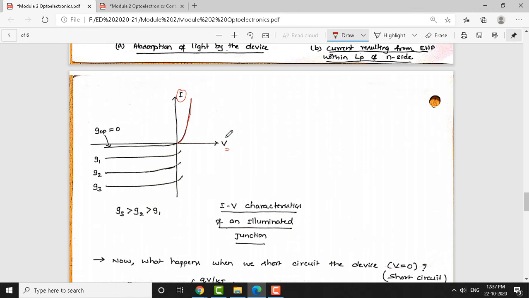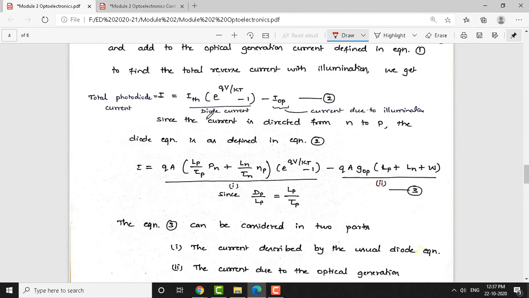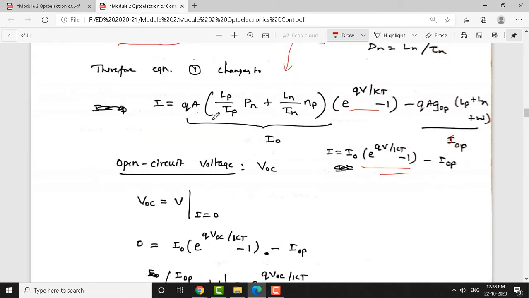So, this is the applied voltage. Here this curve now obeys this equation that we have shown here. What is that equation? This is the diode current equation. So, this equation you are seeing here, the underlined equation, remember, is applicable for both forward bias and reverse bias. Don't think that this diode current equation is applicable only for forward bias. It is applicable for both forward and reverse bias. It all depends on the value of V. V can be positive for forward bias, and V will be negative for reverse bias.